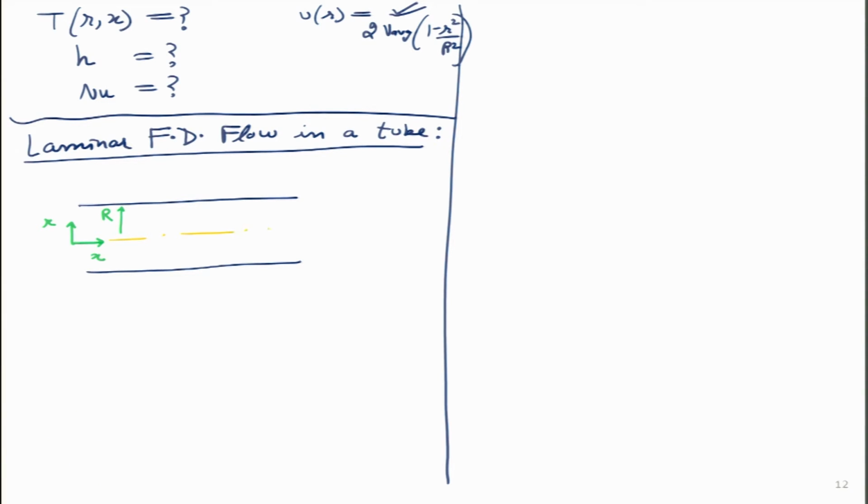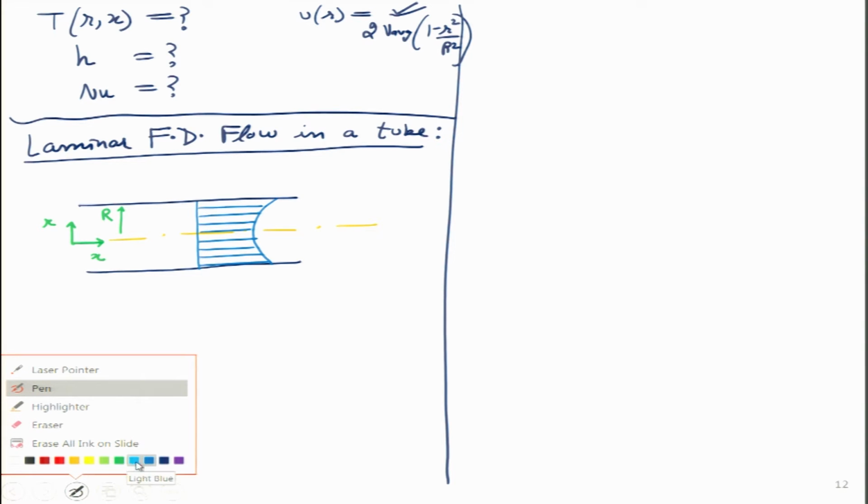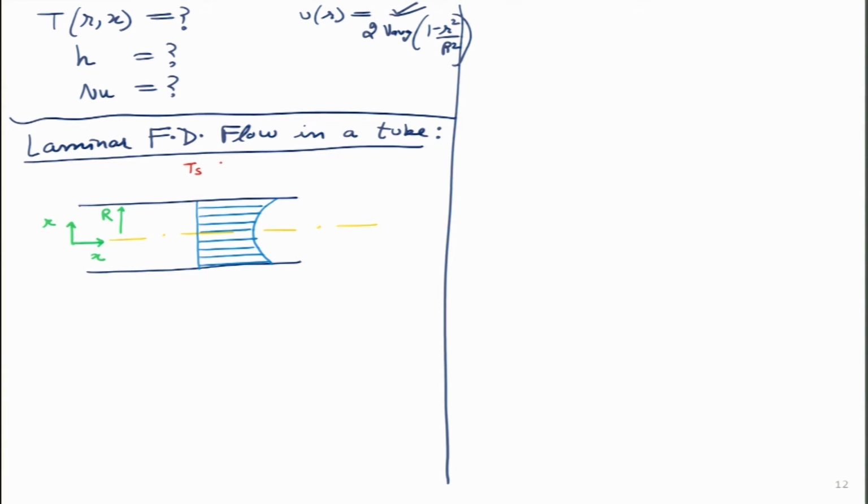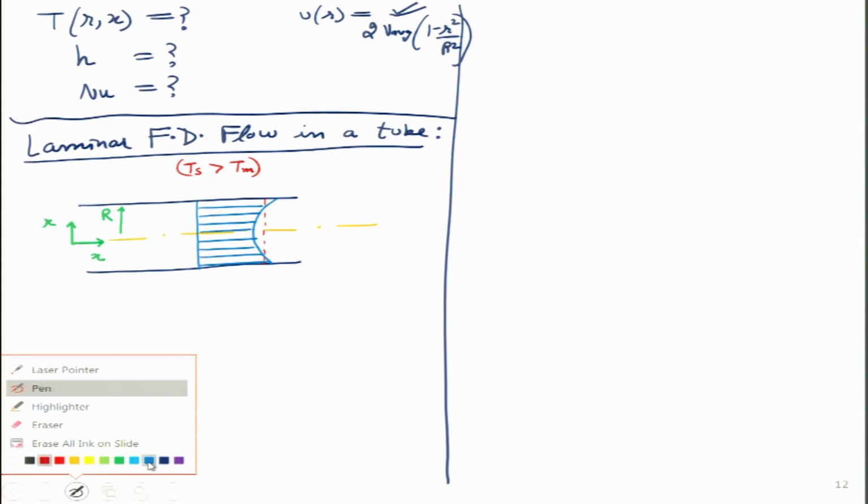this is the middle of the plane, center of the pipe, and let me draw the temperature profile over here. So, the length of each of these blue lines indicates the temperature value. So, the longer the length, the higher the temperature. So, we can clearly see over here in this particular case, we are taking the case where Ts is greater than T mean. And what is the value of T mean? T mean would turn out to be somewhere over here.